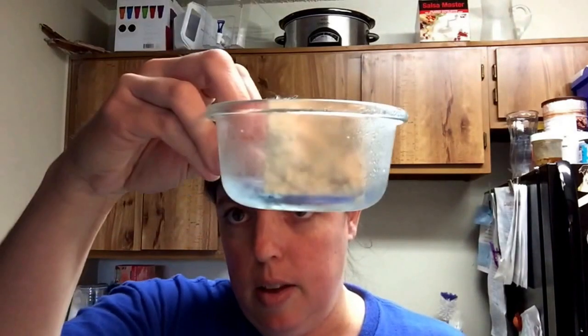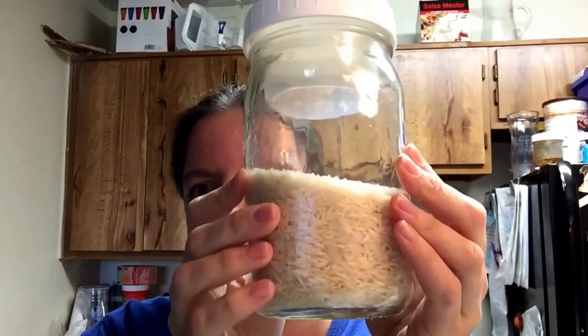Right now I have my tofu pressing. The other half a block I had as leftover, so that's already been pressed. And then the other one I have in this towel, and then I have a big jar of rice sitting on top of it to get as much moisture out of it as possible, because I really don't want a soggy taquito. So I'm going to get all that chopped up,